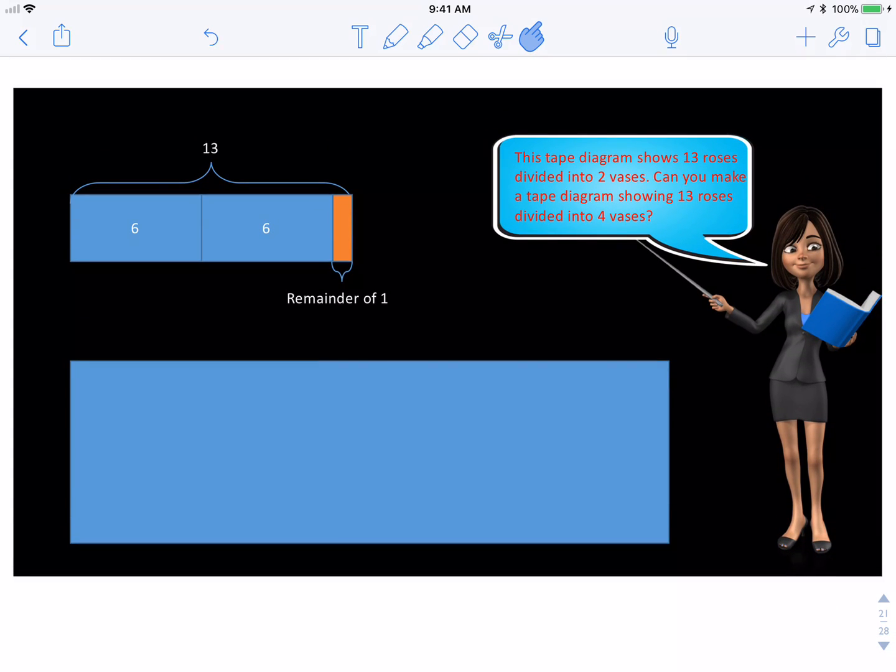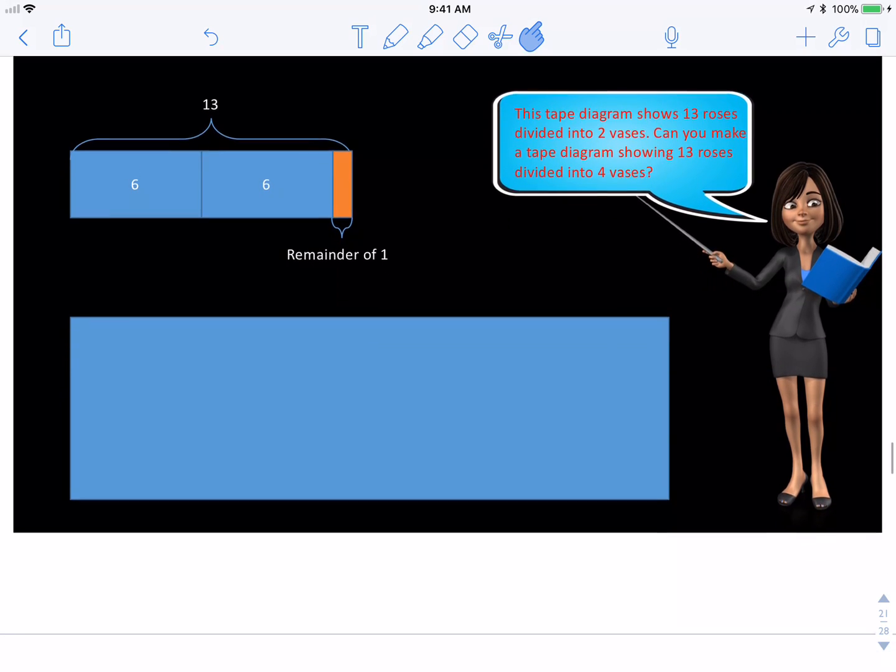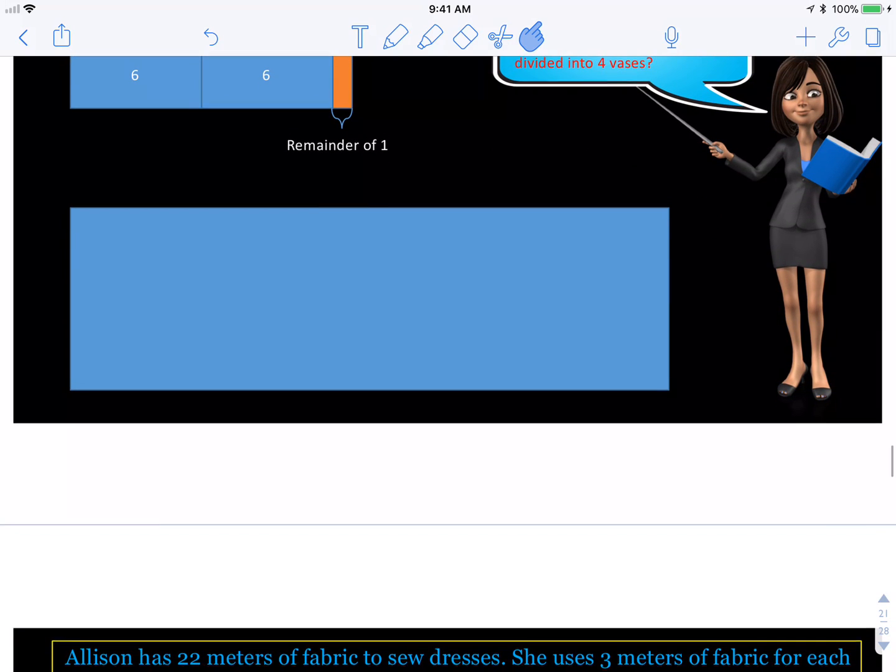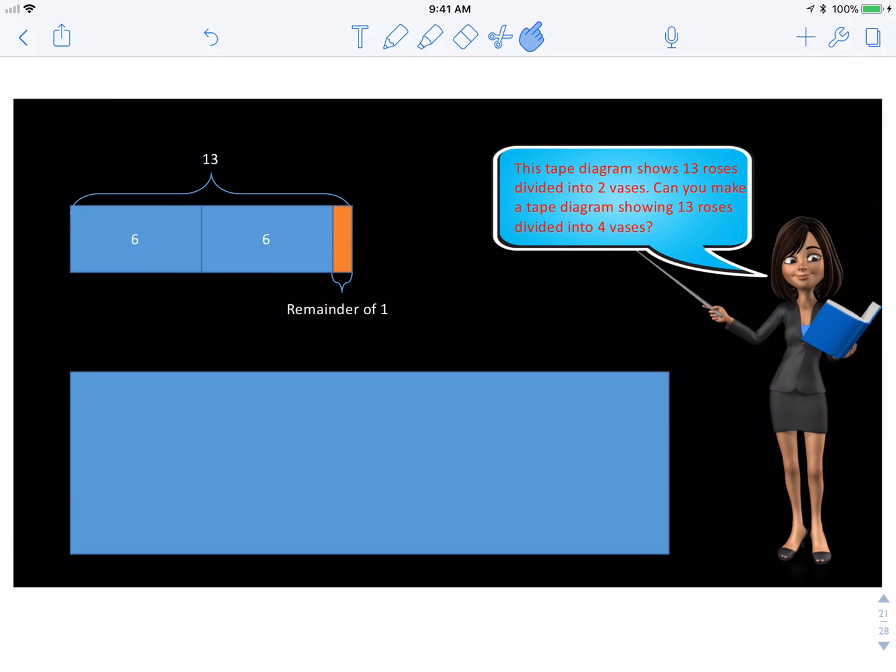This tape diagram shows 13 roses divided into 2 vases. Can you make a tape diagram showing 13 roses divided into 4 vases? Go ahead and pause and see if you can figure out how to do this. When you're ready, you may move on. Okay, so if I have 4 vases,